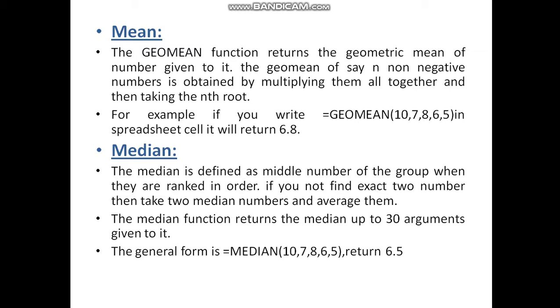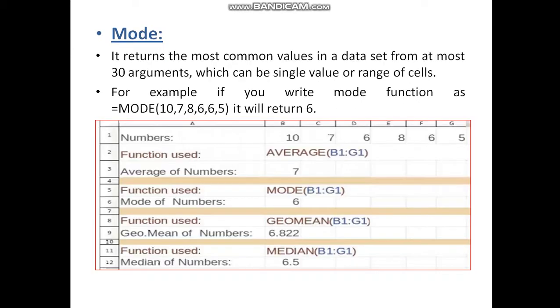First of all, give the formula equal to median and the cell address or cell values. Now, in the median function, first of all, arrange the values in ascending order, or ranked in order. So the first value is 5, then 6, then 7, then 8 and then 10. Find the 2 middle values. If you are unable to find one middle value, then take 2 values as the middle. Suppose we take 6 and 7 as the middle values. Now 6 plus 7 is equal to 13 and divided by 2, the answer is 6.5. But it is easy to find the mean, median, average value in Calc with simple formulas without any calculation.